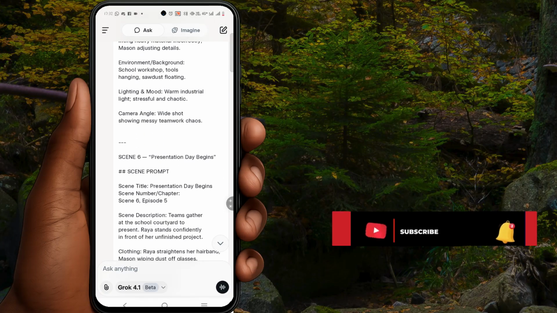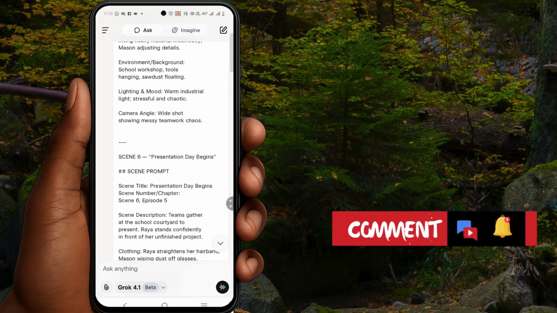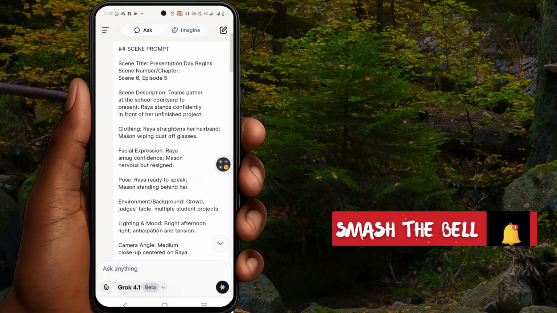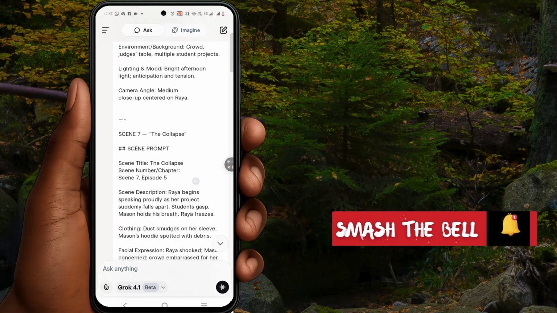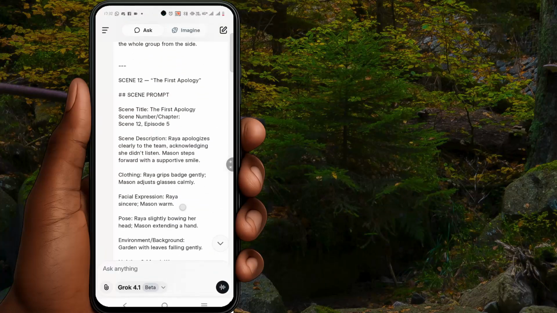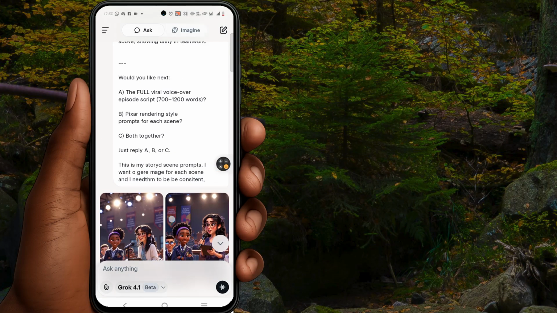So in your own case, when you're prompting ChatGPT, you most likely want to be very precise and tell it that for you to maintain consistency, you should make mention of the names of the persons in the prompt. For instance, look over here. You might make mention of the name of the person, because if it just says a lady or a girl, it's going to be really problematic. However, it would have been way better. So let's see. This is up to scene 13. You can see it has already created one scene already.